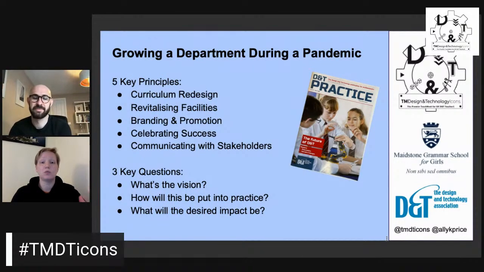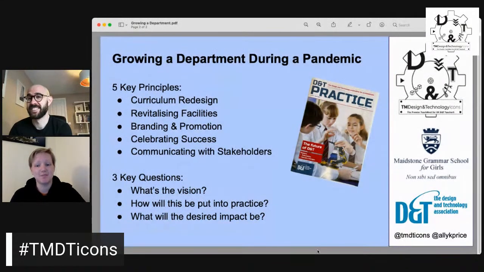Key Stage 4 has more than tripled. A-level numbers have tripled. We've got more curriculum offer at A-level as well. So all these things take time, but it definitely is worth it. They do take time, don't they? But as you say, it is worth it in the end, isn't it? Definitely is. Yeah, because you brought that